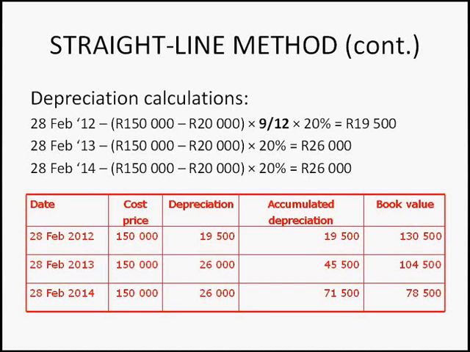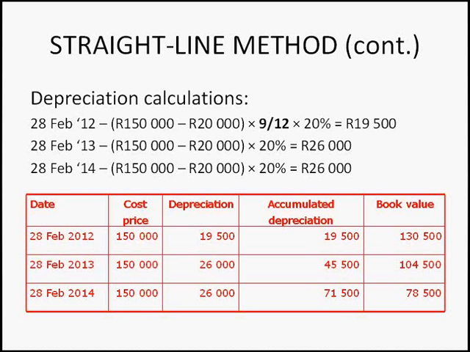In the third year, in other words, at the end of 28 February 2014, cost price is still 150,000. The cost price of the vehicle never changes. Depreciation, again, if we look at the top, we've worked out that it's 26,000 for the year. And the accumulated depreciation then is the sum of the previous accumulated depreciation plus the new depreciation that I've written off in this year. In other words, it is 45,500 from the previous year plus the 26,000 from this year. So that gives me a total of